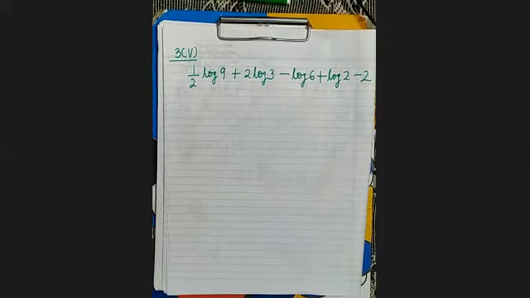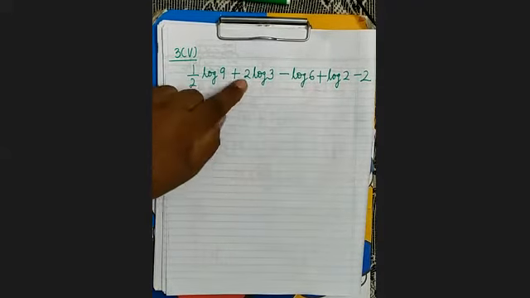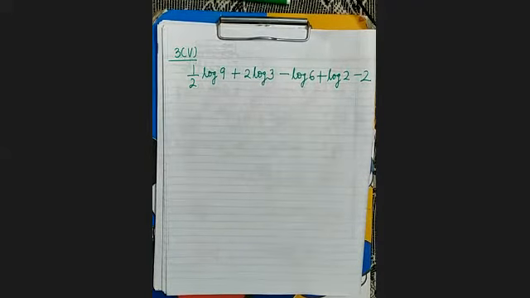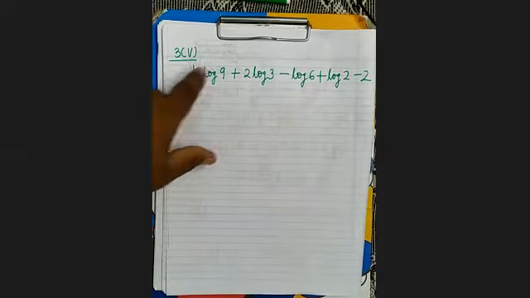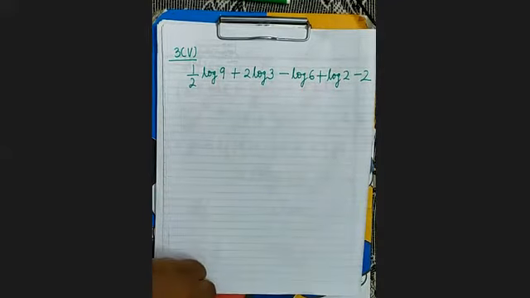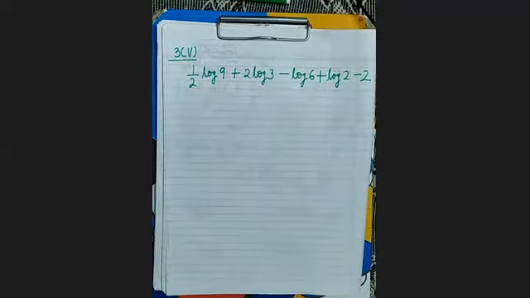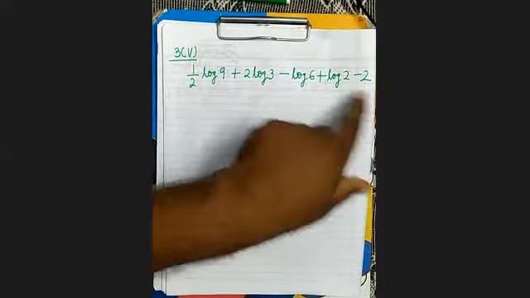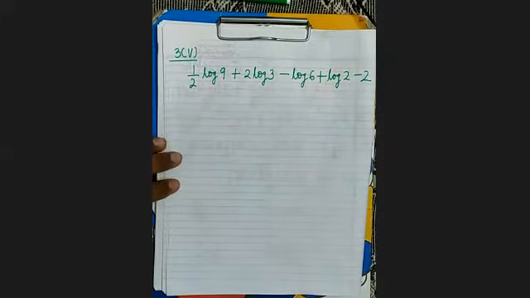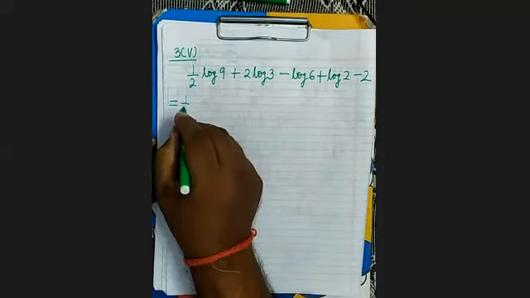So two things you have to do. First off, you will remove these numbers which are before the logarithm. Here there is 1 by 2, here there is 2. But these two are in a single logarithm. And second, 2 you will write in logarithmic form. Here the base is not given, so it is understood that it is 10.